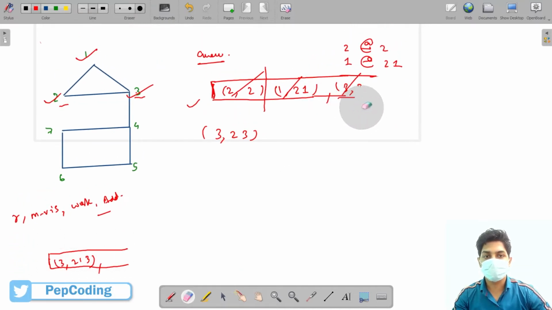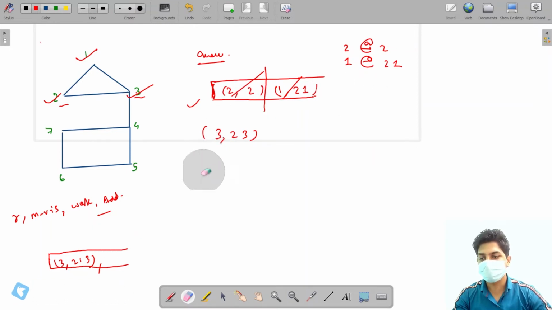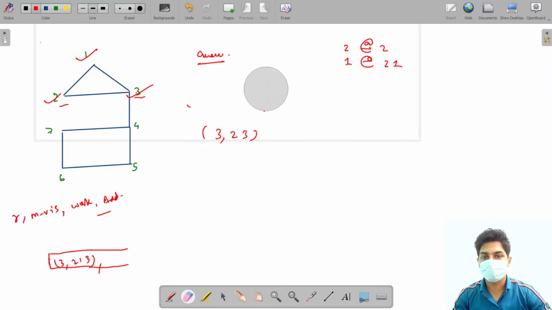Now since this queue is almost done, we are writing the queue down. So I'm removing this from here for now. Okay, so we will now print the path for 3: 3 at the rate 2 3. After that we have to add the neighbors. So what are the neighbors of 3? The neighbors of 3 are 4.